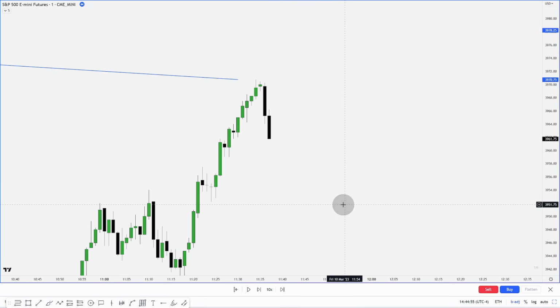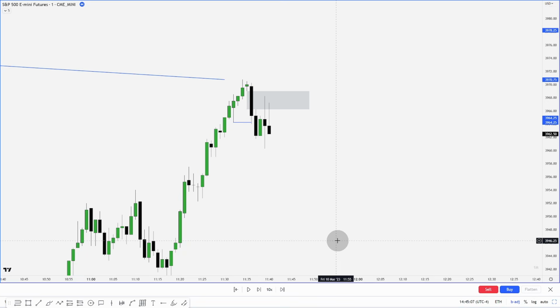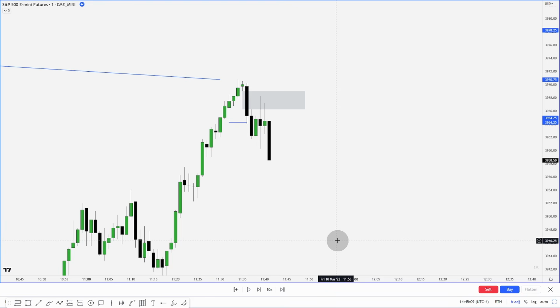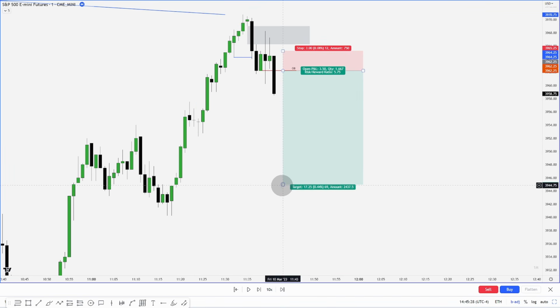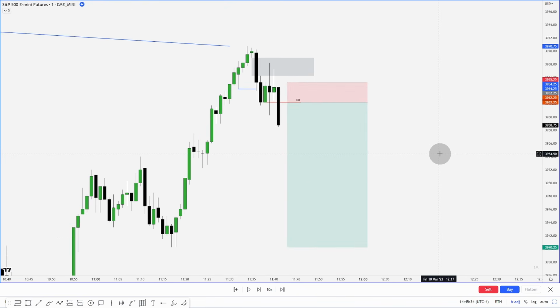So letting this play out, we break structure here and create a fair value gap here. This would be a possible first entry. However, if we let it play out, what do we have? Well, we have an order block right here, and that could be another entry, not expecting it to reach back up into here. And then we can target lows or wherever we are looking.